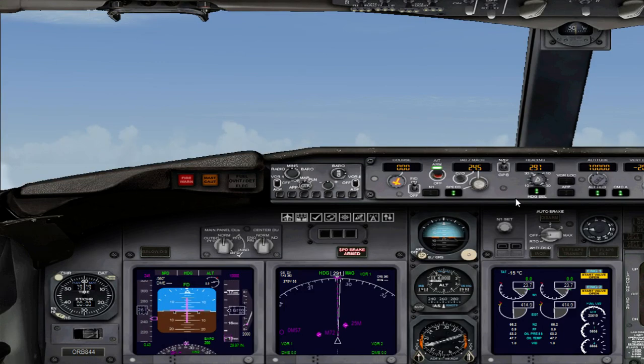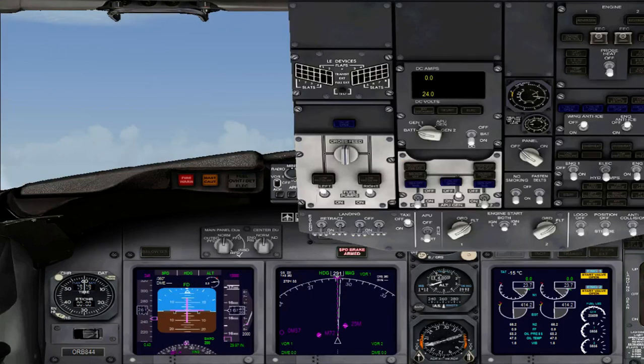So, seatbelt signs come back on, and let's see, do we have anything else that we need to do? Oh no, weather's being reloaded, which is why. There we go. Okay,